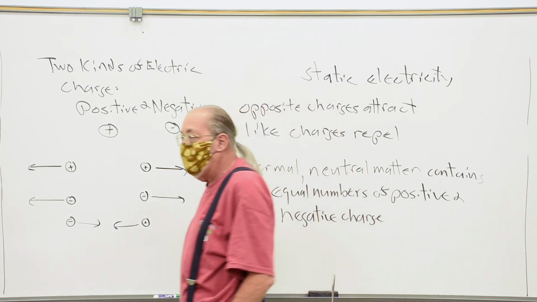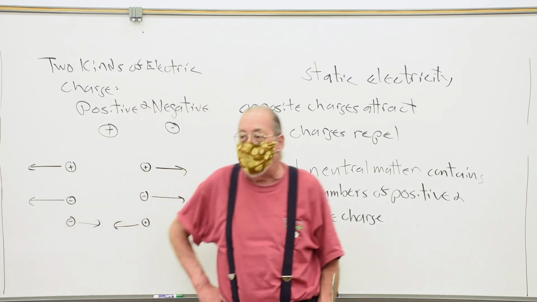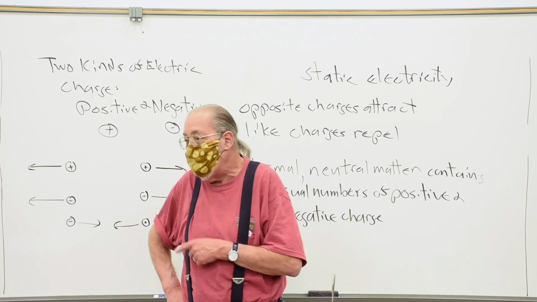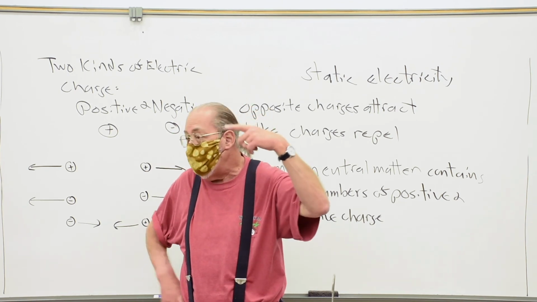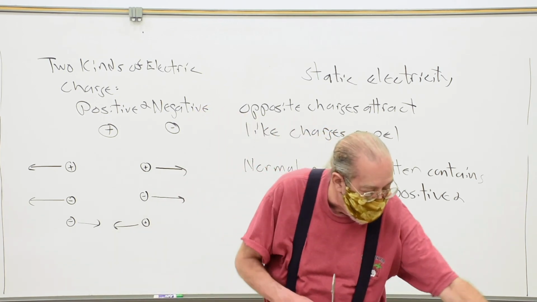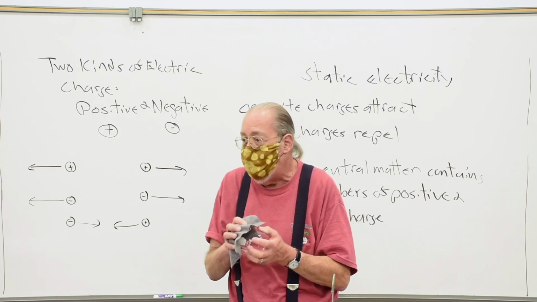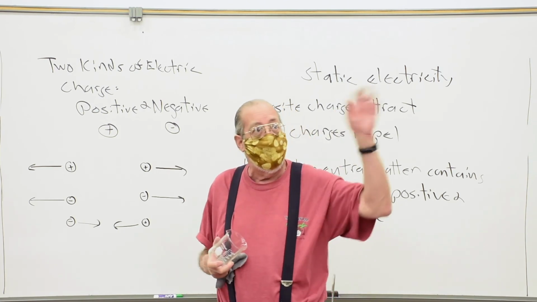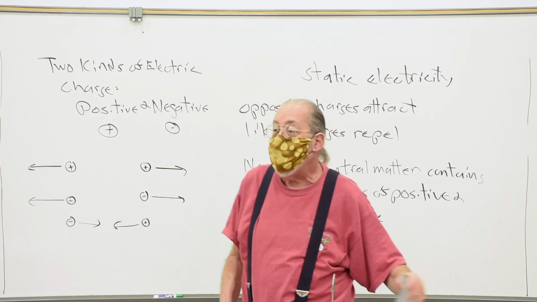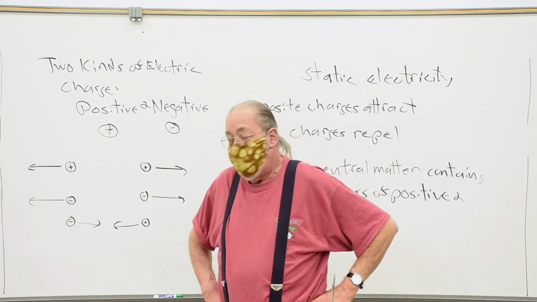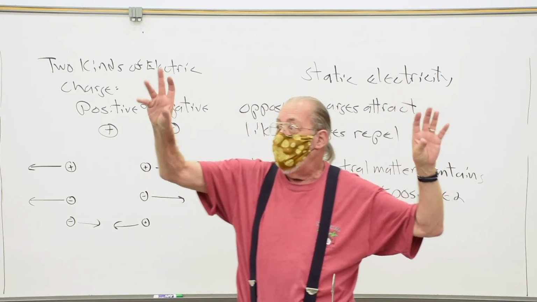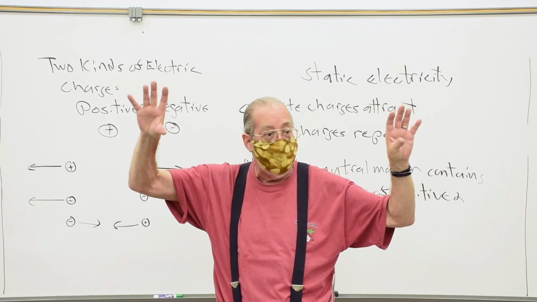Benjamin Franklin showed that lightning is actually electrical in nature, and the same phenomena that he saw in his laboratory is just happening with lightning, but on a much larger scale. You don't transfer a charge between here and the cloth. You transfer charge from one part of the cloud to the other, and if the charge gets out of balance enough, you get enough negative charge in one part of the cloud, it hates each other's guts, right? And over here is a bunch of positive charge of which it loves. What's going to happen?